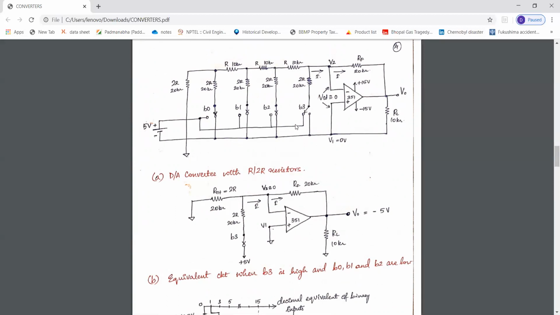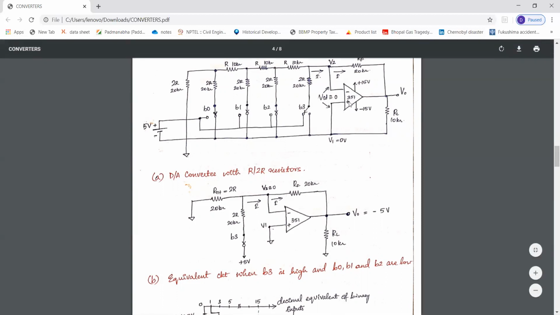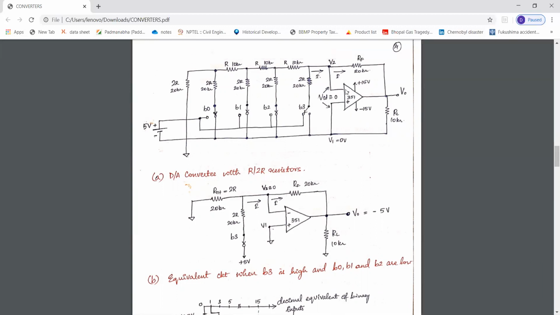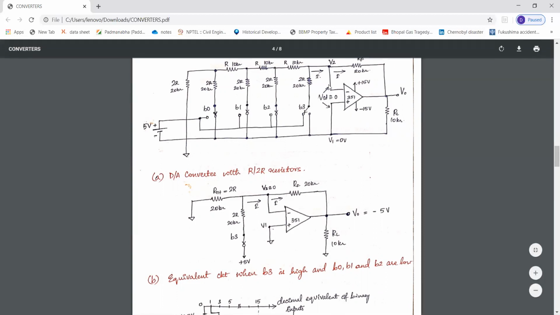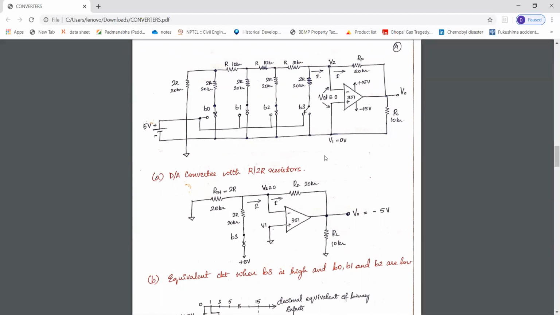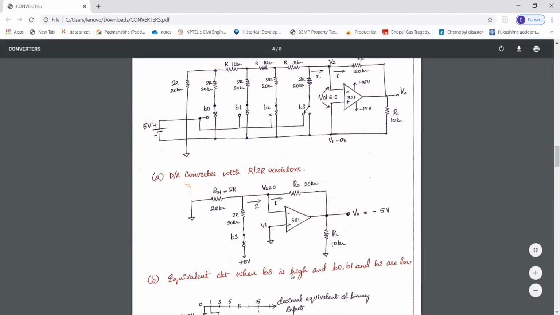Okay, so you should understand and apply the virtual ground concept here to this op-amp, and you should also apply the ideal op-amp condition, that is, the input current to the op-amp is 0. After Thevenizing, you will get the reduced circuit as shown in figure B, that is, till this part of the circuitry from the left side we have Thevenized, and the Thevenized